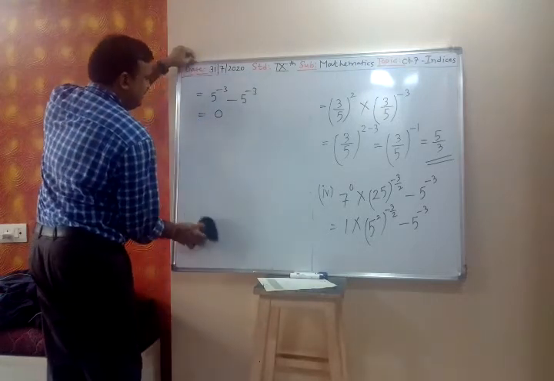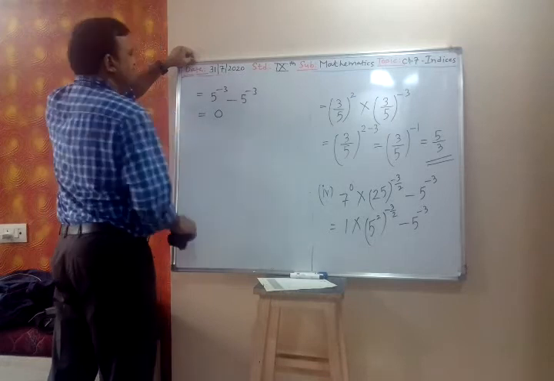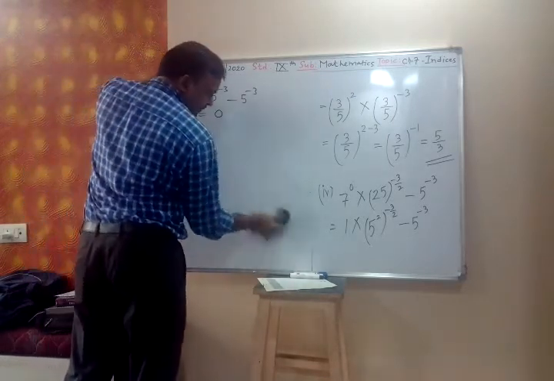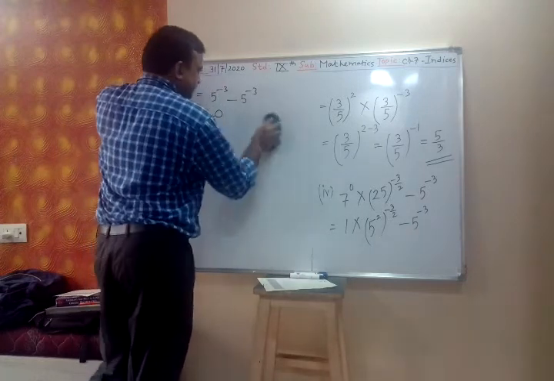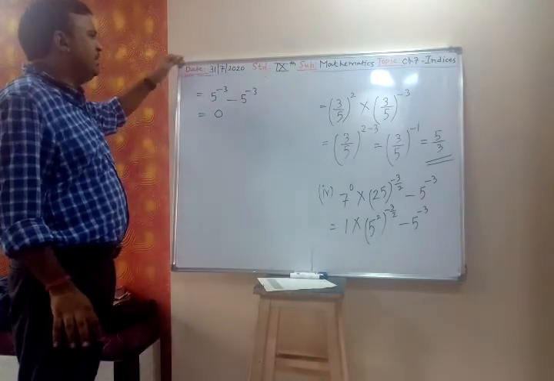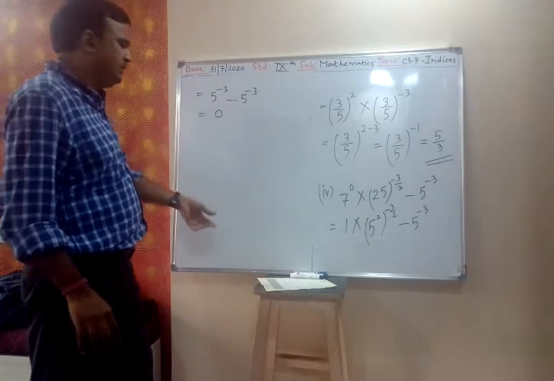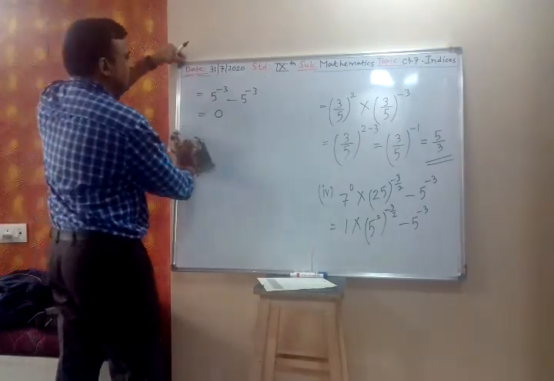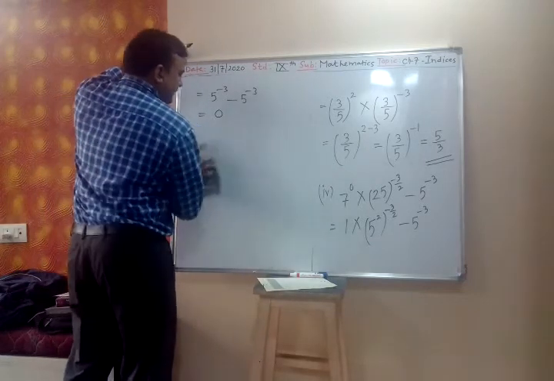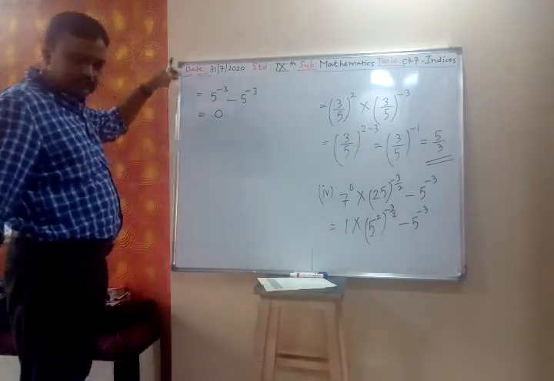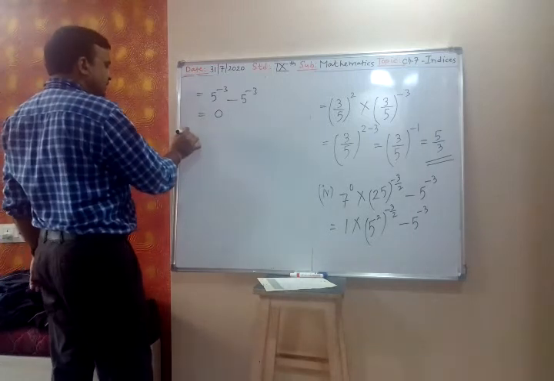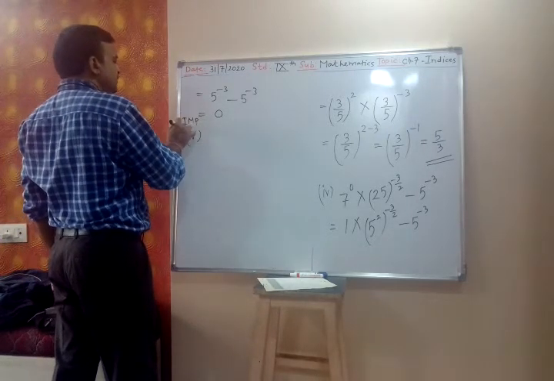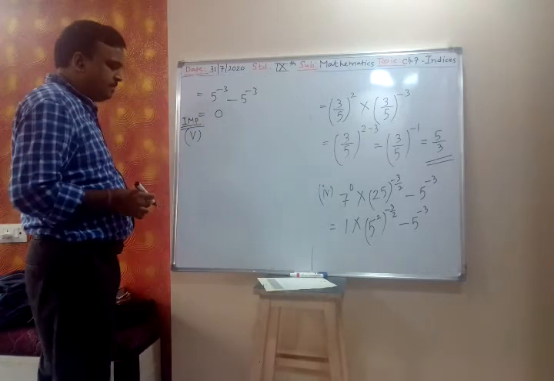No, we don't take reciprocal. If the terms are equal, we directly cancel them and write 0. Now the 5th one, yes, same, it will be 1 upon 125 minus 1 upon 125, 0. If you take reciprocal, you will get 1 upon 125 minus 1 of... The 5th one is important, that I am doing. The 5th one you mark important for 3 to 4 marks.